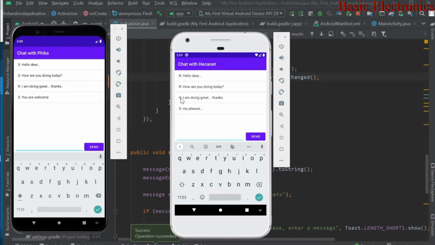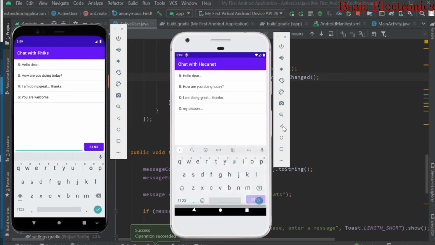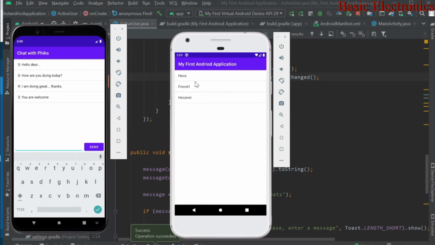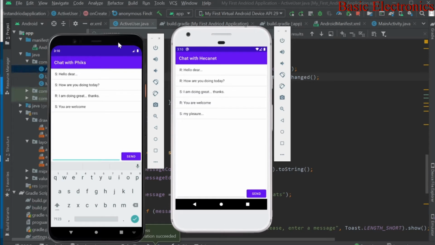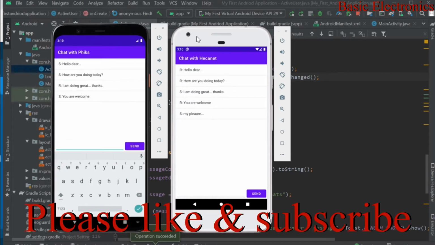The last message was sent after "you're welcome", but it doesn't reflect that way. So if you go back and just pick that user one more time, HecaNet, we'll see the message is arranged properly. Now you can see the messages were not being sent and received in real time, and this is because